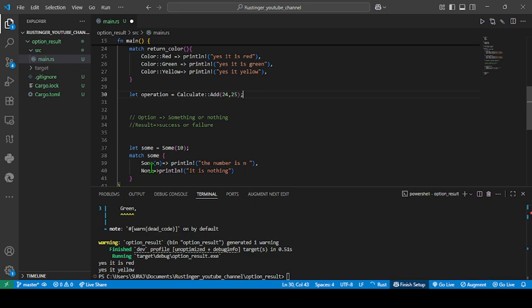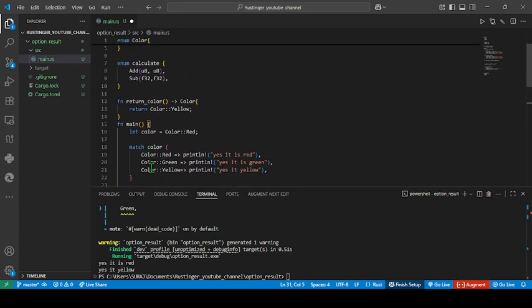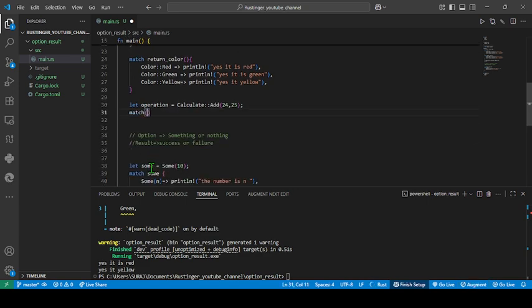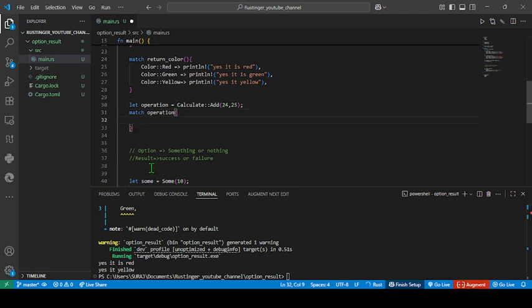Then I match this operation, and if it is addition, addition of a comma b, I can just return print the addition,